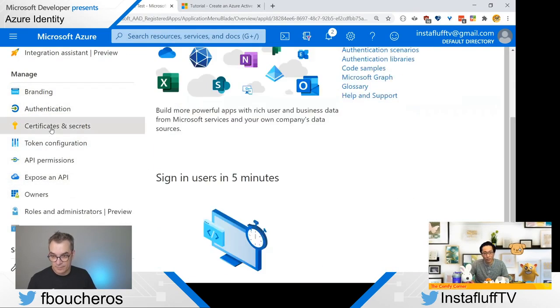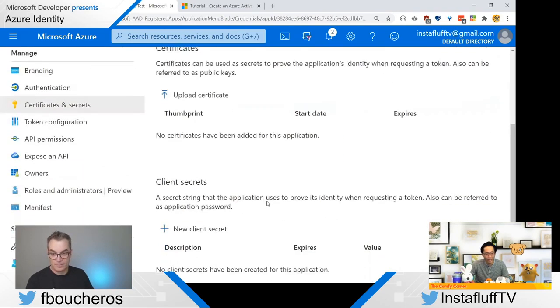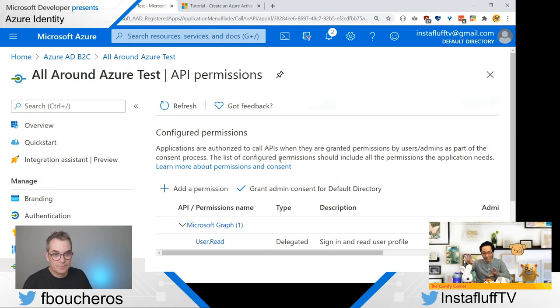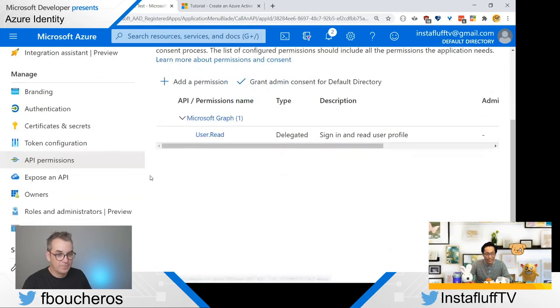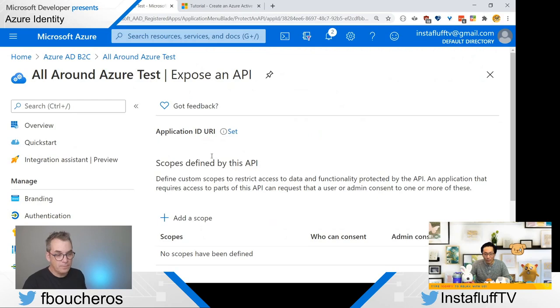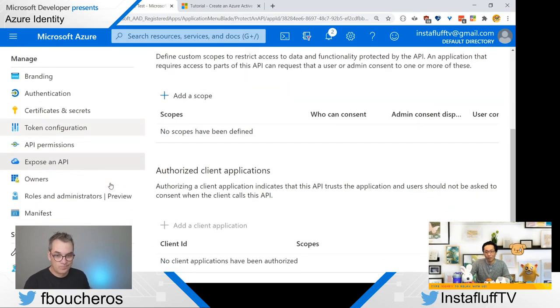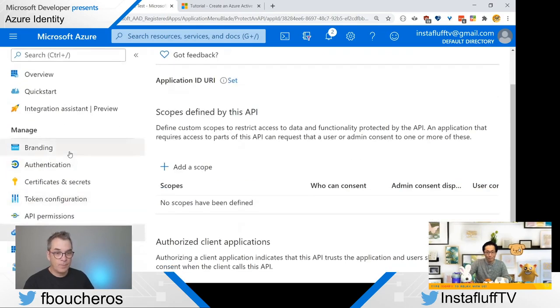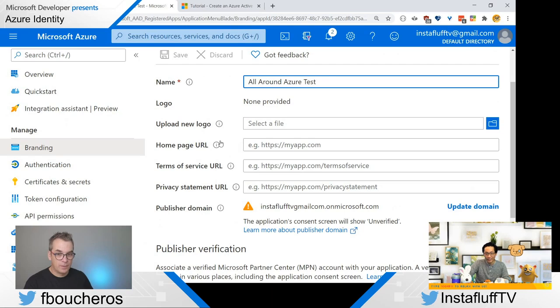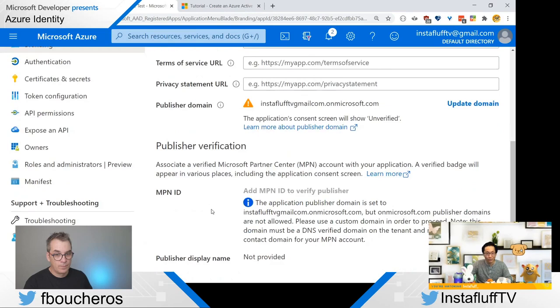And then, oh yeah, this has all this other cool stuff too. So like this is where you can create all the different client secrets and things if you want. You can do API permissions. So if you want to let people have access to certain parts of your data in your server or something, then you can create different API permissions for it. And you can then expose different APIs with different scopes. So then only people with those specific scopes have them and all this stuff. This is pretty neat. Yep. And oh yeah, we can also change the branding. So like if we want to have a logo, because it goes to an Azure branded page that you can customize with all this stuff. And so it does all of these things for you, which is pretty amazing.